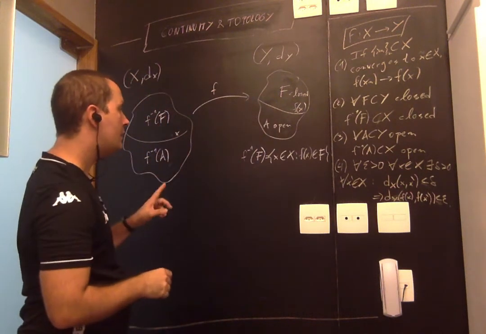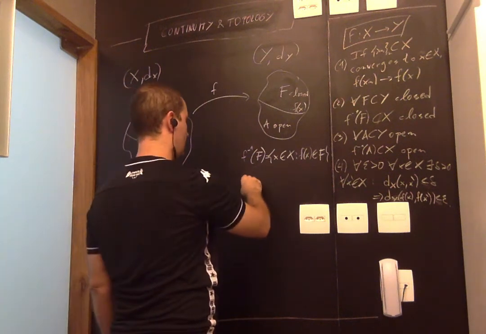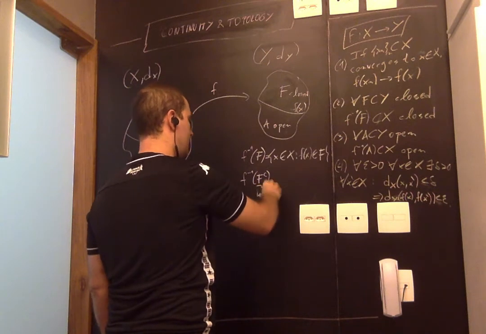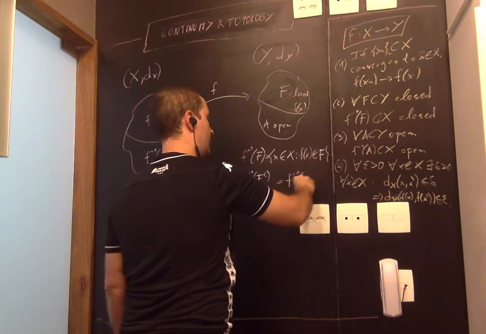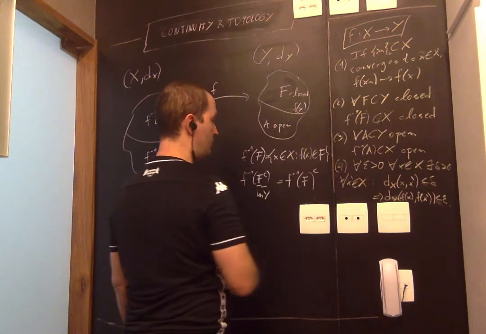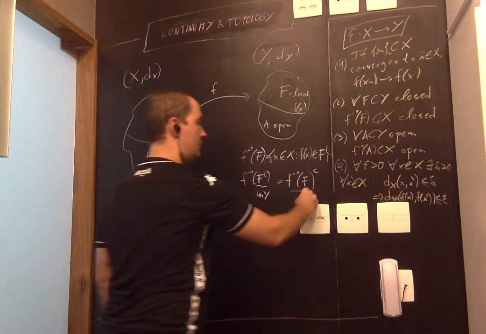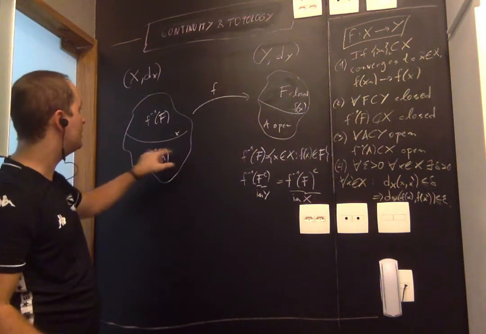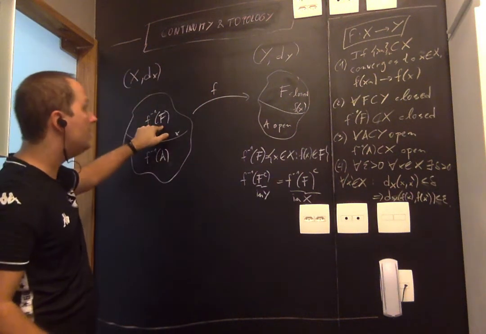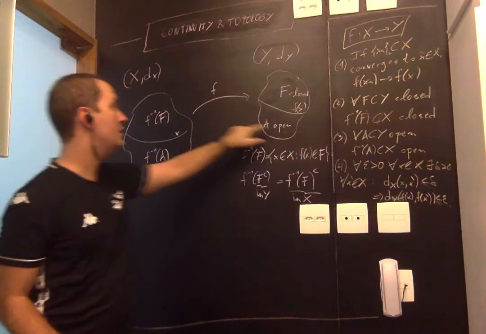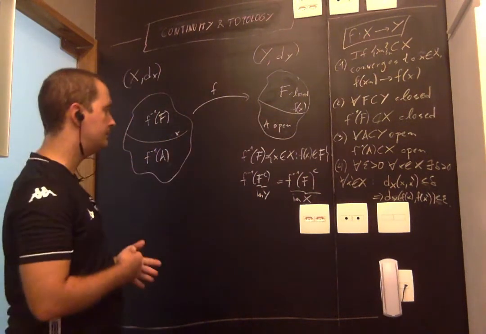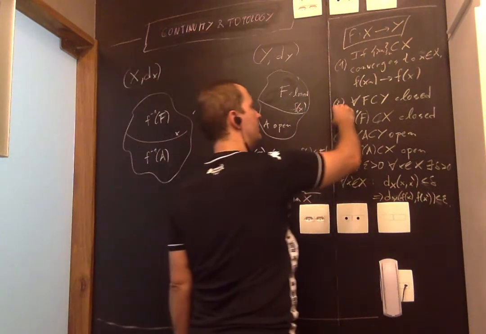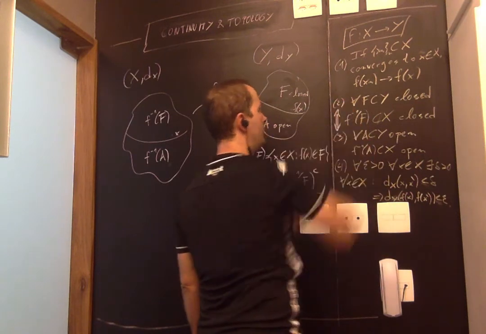Now, just to make sure, right? So what I'm saying here is that f minus 1 of F complement, this complement in Y, is the complement of the pre-image of F, right? This complement being in X. And this should be clear from the picture, right? All points in X, they either have their image in F or their image in A because F and A are complementary. Okay, so 2 and 3, I'm going to claim that we already kind of argued that they're equivalent.